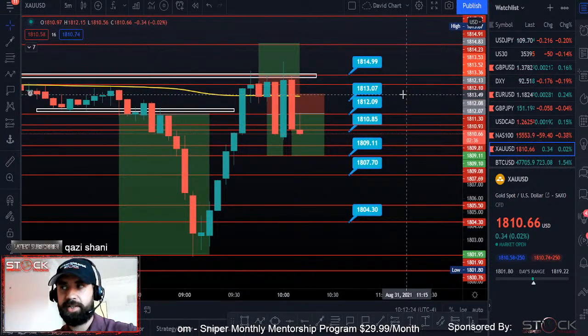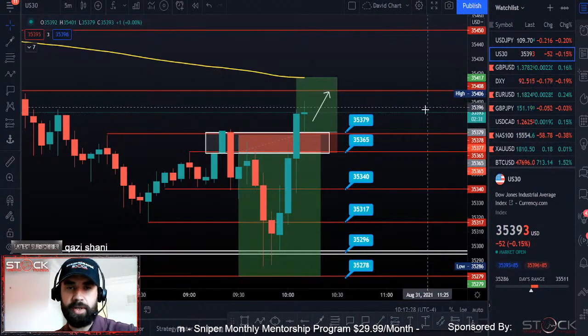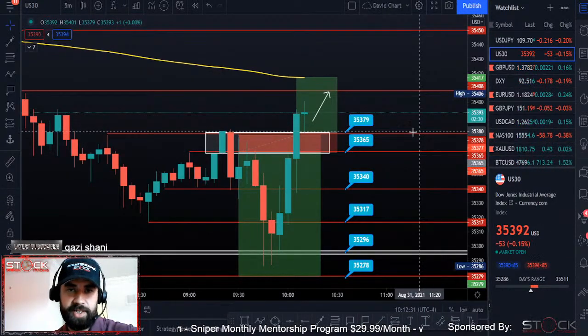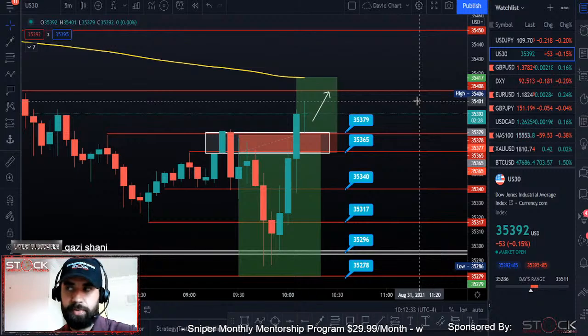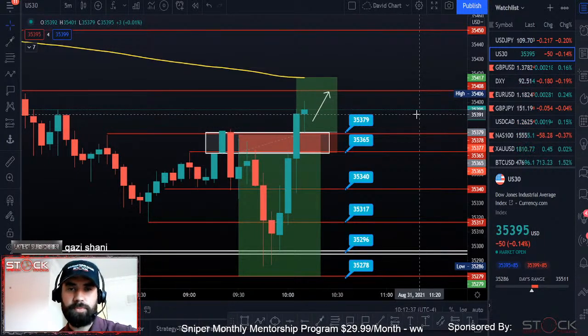2 minutes 30 seconds. There's US 30, guys, starting to prime. Okay, so look, it made a break, a retest. Now we get a bottom candle starting to push up. Okay, let's wait and see here. All right,